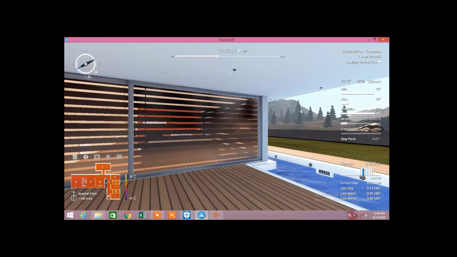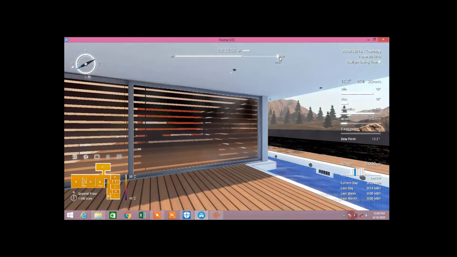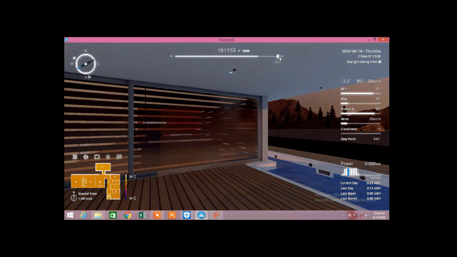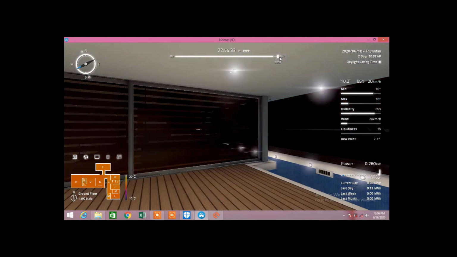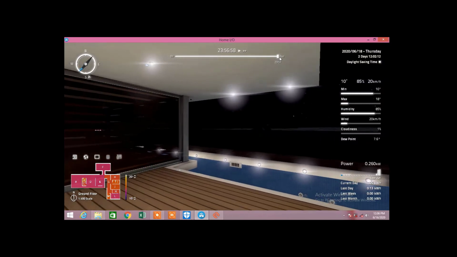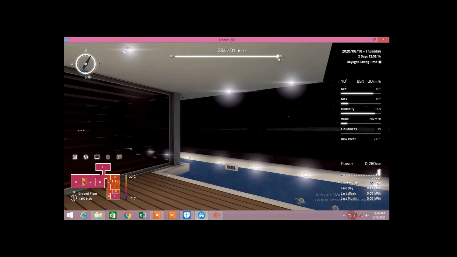And now we have to check our logic. During daytime it shouldn't work, during night time it should work. Now moving it back to night time. Let our simulation do the job. Okay, it's working very well. So you can do several modifications in this program, and also with different sensors. You can design different programs outside the house and also inside the house.